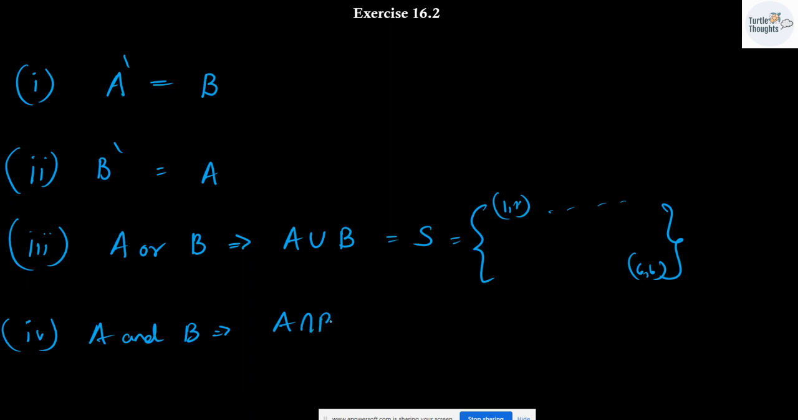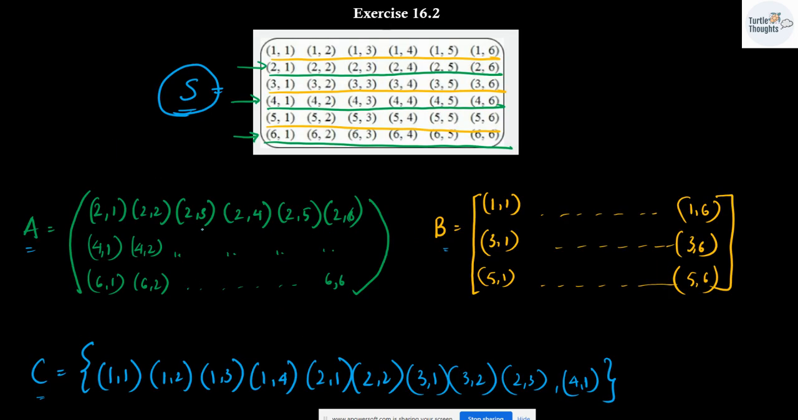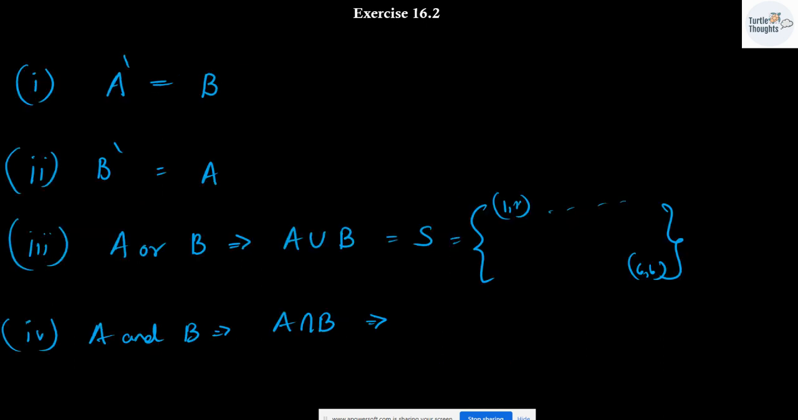Mathematically, it is A intersection B. There are no common elements in A and B. The answer is going to be a null set. Moving on to the fifth one,